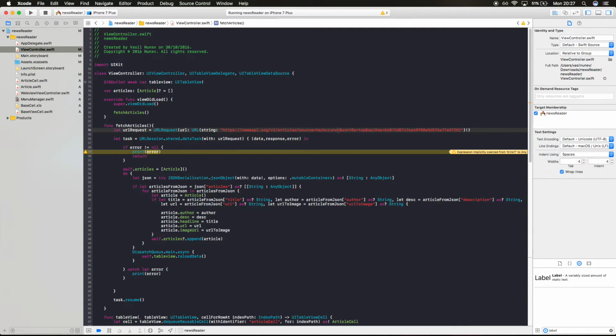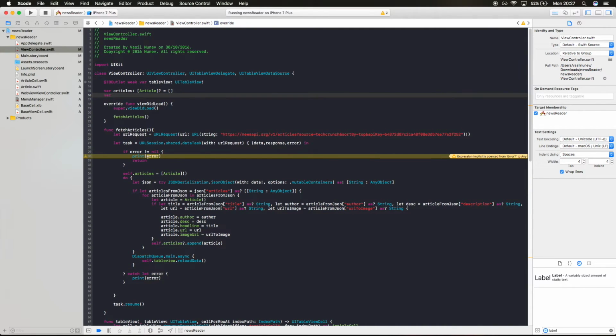So all we will need to do is change this source. So very simple, what I'm gonna do, I'm just gonna create a variable right here, var source equals, and at the very first I'm gonna say it's TechCrunch. I'm gonna give it a default value of TechCrunch,